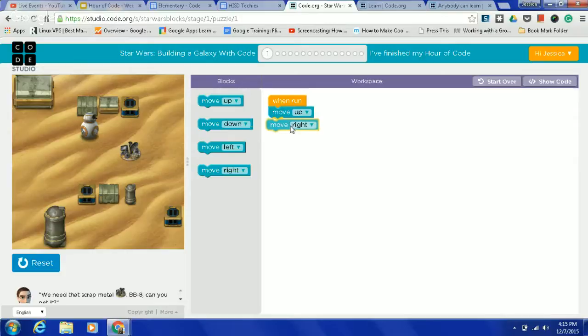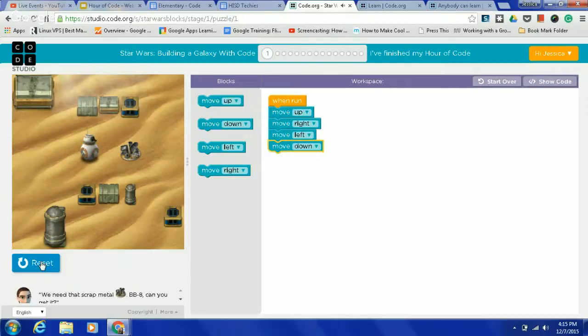Now what you can continue to do as a student, you are always going to be moving somewhere, but you notice right now it says up. I can click on that little arrow and change it from up, down, left, or right. So I can decide what I want my character to do. And you can continue to build on this, right? So maybe right now he's going to move up, then he's going to go right, and then he's going to go left. And then maybe I want him to finish the sequence by moving down. To do that, I'm going to have to hit reset to bring that back up. I'm going to hit run one more time.